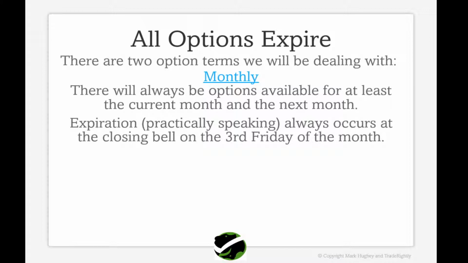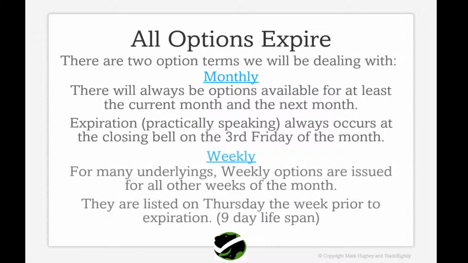So that's the first, monthly options. There's always monthlies available for the current month and the next month. And then the other option term that we're going to be dealing with are weekly options. Now, for many underlyings, weekly options are issued for all other weeks of the month that the monthly options aren't available. So I know this is kind of weird and it's not intuitive, but